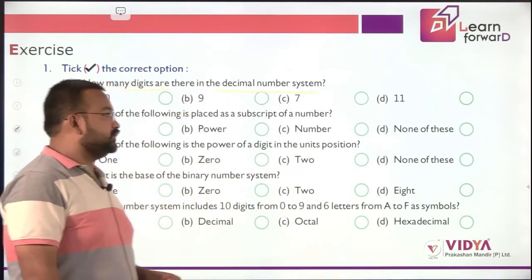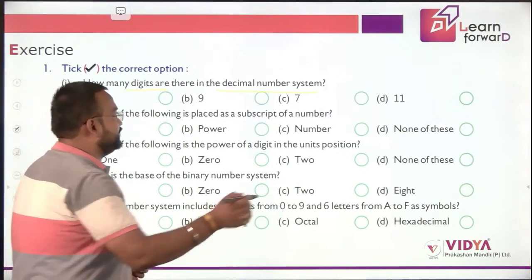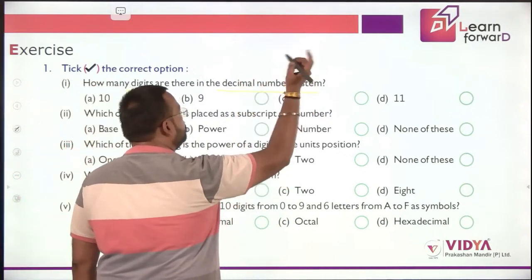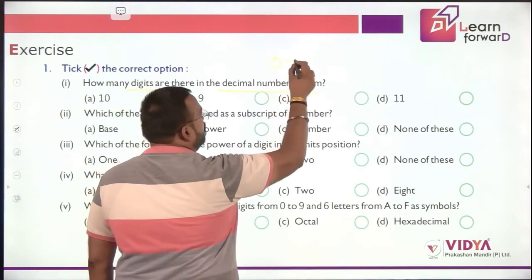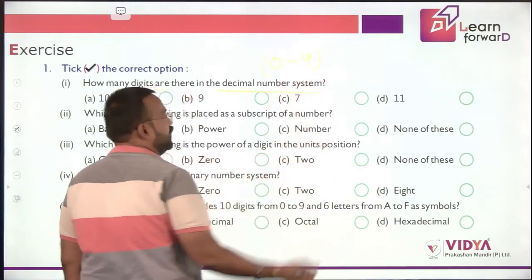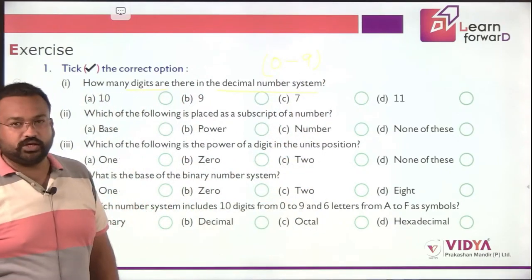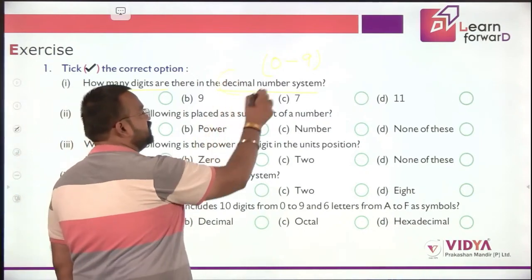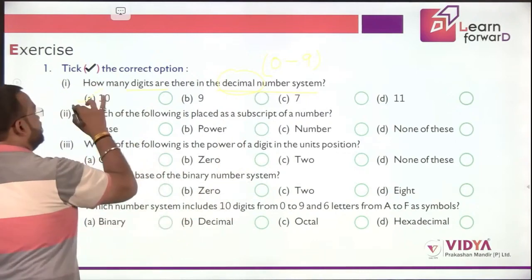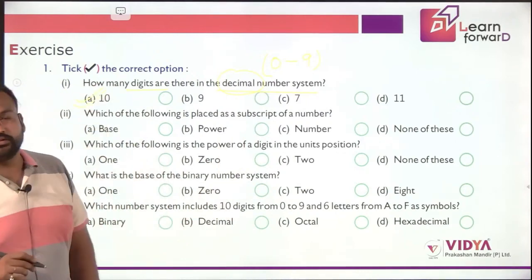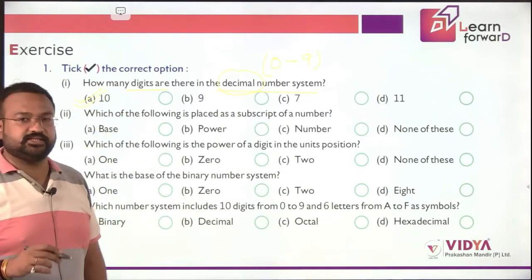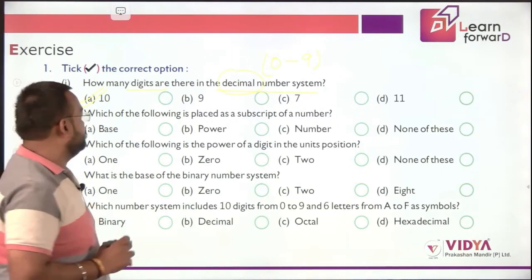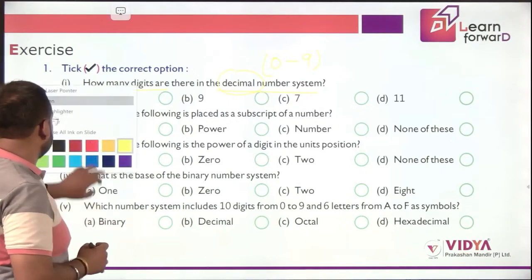So, as we have studied, whatever the number system, the digits allowed go from 0 up to one less than the base, but the total number of digits equals the base. The number system is decimal, that means 10 digits. So how many digits are allowed? That is 10 digits in the decimal number system. Let's move to the next question.